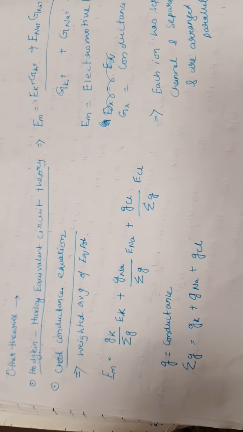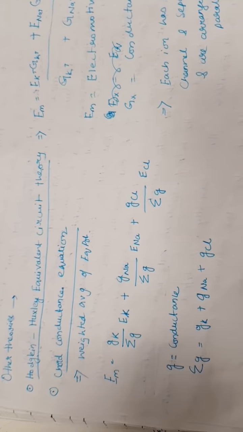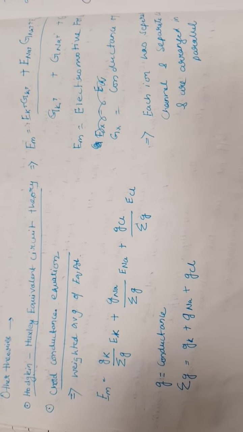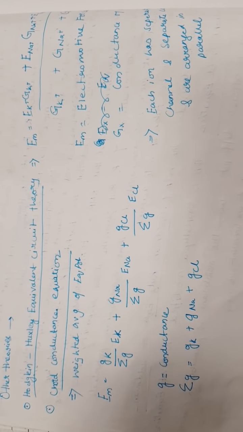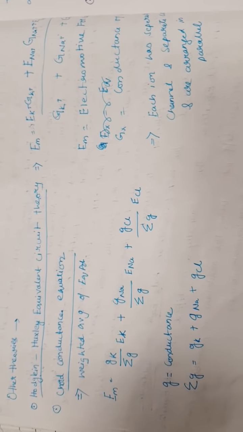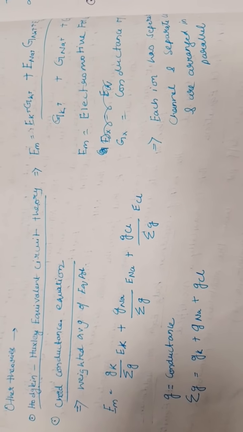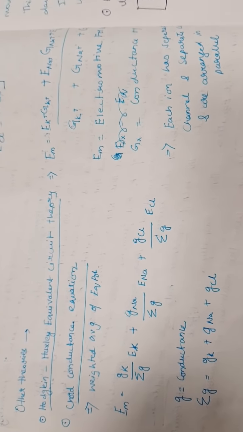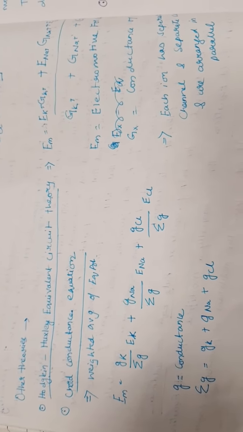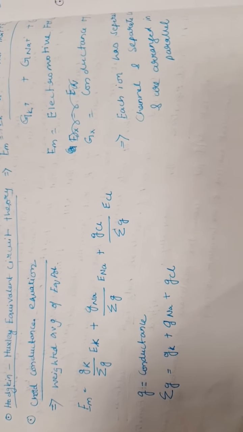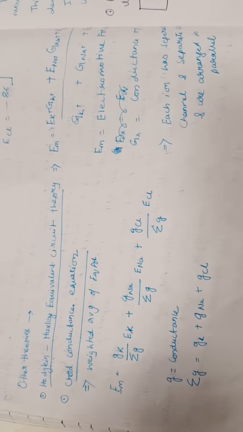Okay. There are some other theories like the Hodgkin-Huxley equivalent circuit theory and the chord conductance theory. These take into account the conductance of each ion. So we assume that the ions are arranged in parallel and each channel has a different conductance. You don't need to know these in detail. You need to know the Nernst equation and the Goldman constant field equation thoroughly.